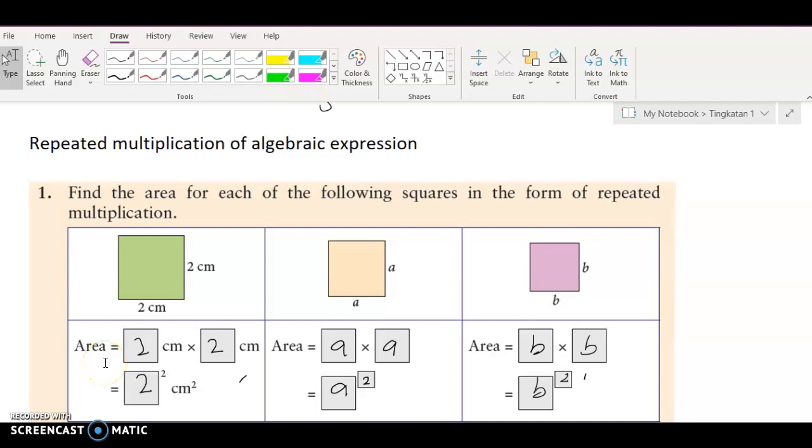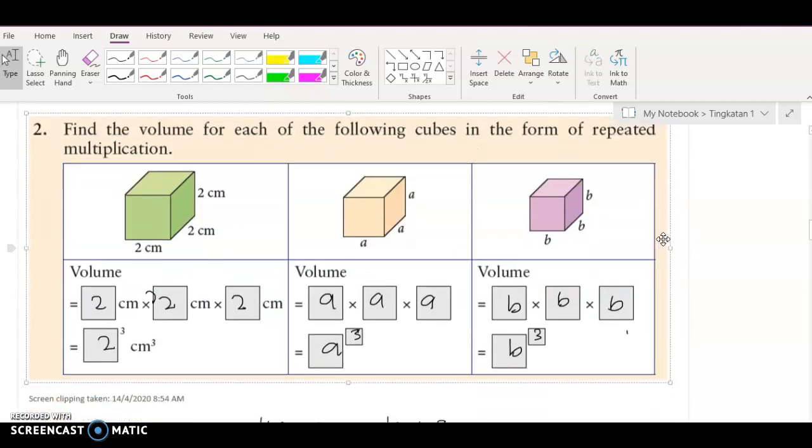Okay guys, in my previous video, I explained repeated multiplication of algebraic expressions. Based on these squares, when you have a repeated multiplication, for example 2 times 2, we can simplify it as 2 to the power of 2, or 2 squared. A times A gives A squared. B times B gives B squared. But if it involves